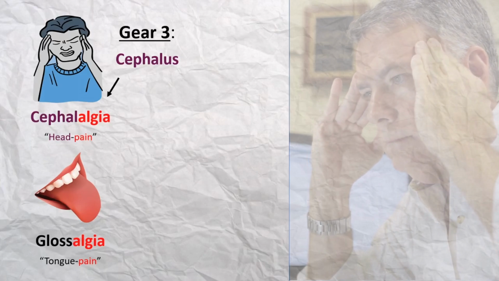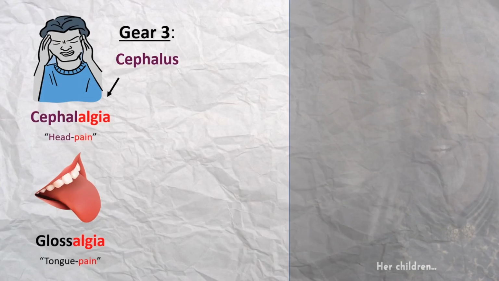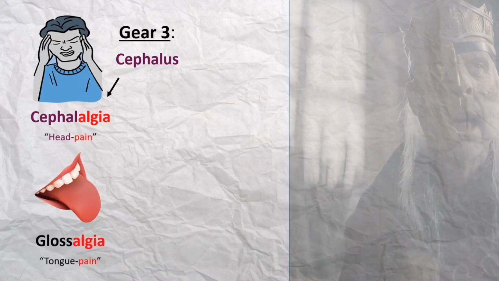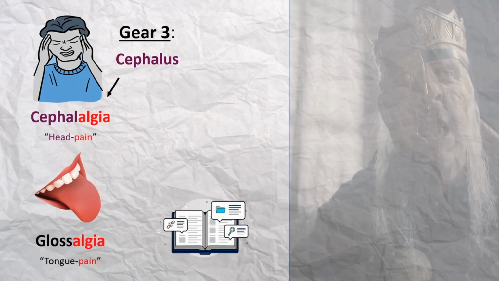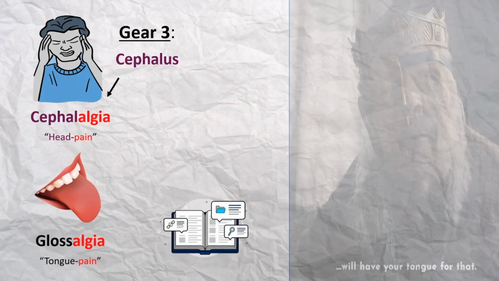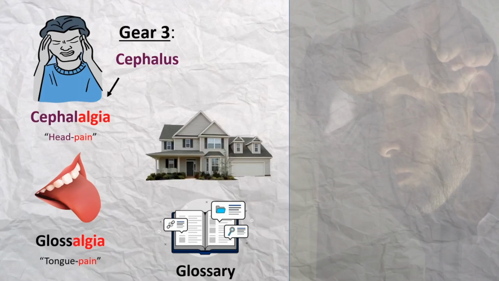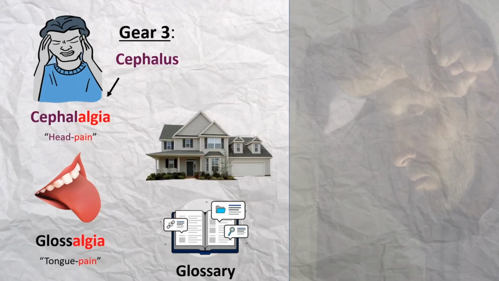Back in the day, if you spoke ill of the king, you could have your tongue cut off. This would definitely induce glossalgia, and you won't be able to then give explanations of any words that you say. You can't give a glossary. Having your tongue cut off, not being able to give glossaries of terms, that will probably ruin your day. The feeling you get when you just want to return back to the familiar surroundings of your home can be called homesickness, but you could also call it nostalgia.